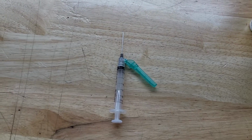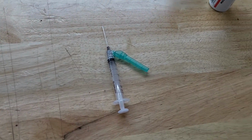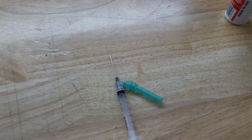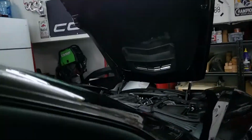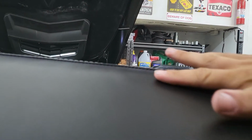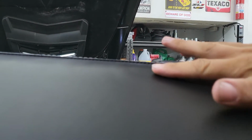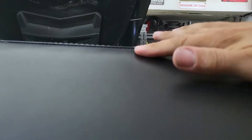The only other thing you're going to want to go over is to get a 3cc syringe with a 22 or 23 gauge needle. Now, when you go into the leather to put it in, you're going to want to go in at as shallow an angle as possible, as horizontal as possible. Once you get through the leather, you'll actually be able to feel the space in between the leather and the dash itself